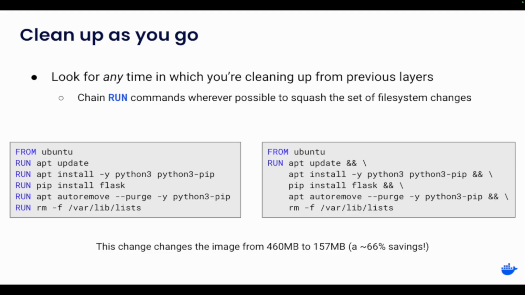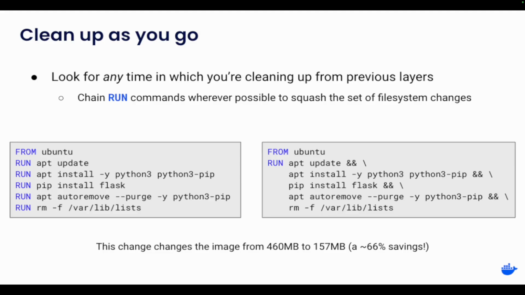So instead of actually cleaning things up, those last two commands are actually adding to the size, because it's adding whiteout files for those particular files that it can't remove for that particular image. Instead of doing that, if we could run all those commands as a single command in a single layer, what it means is that the output of all of those things together would be what's written to the file system as the layer. So if we go to the example on the right, you can see here we have